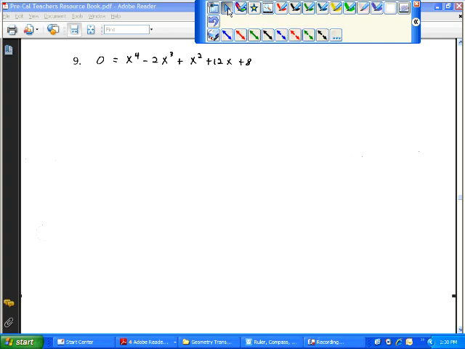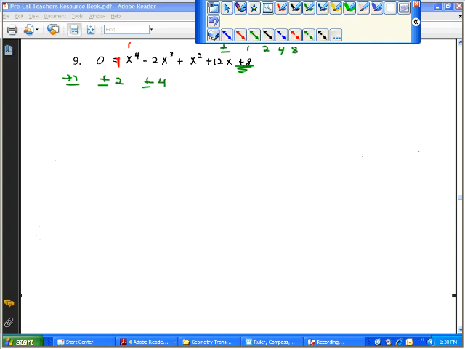Okay, so we are going to begin by finding all of the possible rational roots. And to do that, we will take the factors of the constant. They are 1, 8, 2, 4. We'll do plus or minus all of those over the factors of the leading coefficient, and the only factor is 1. So we're going to do plus or minus 1, plus or minus 2, plus or minus 4, plus or minus 8, over